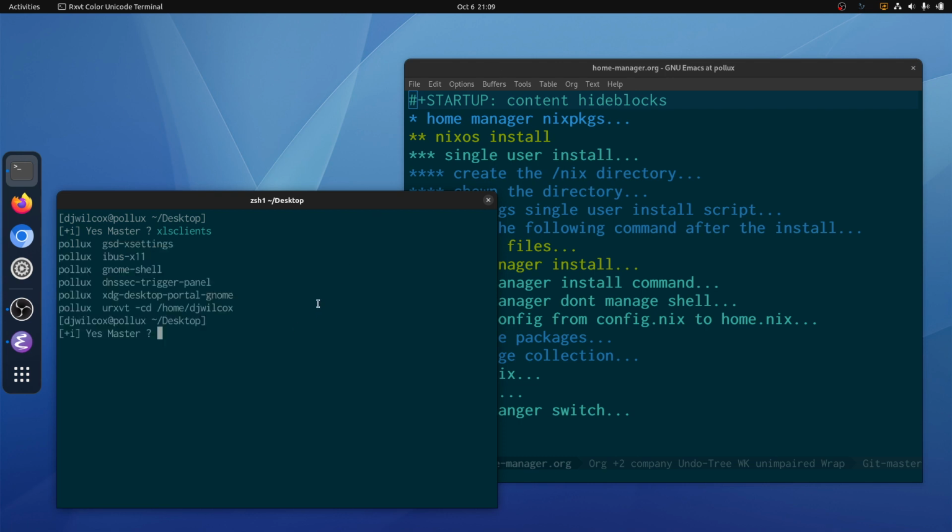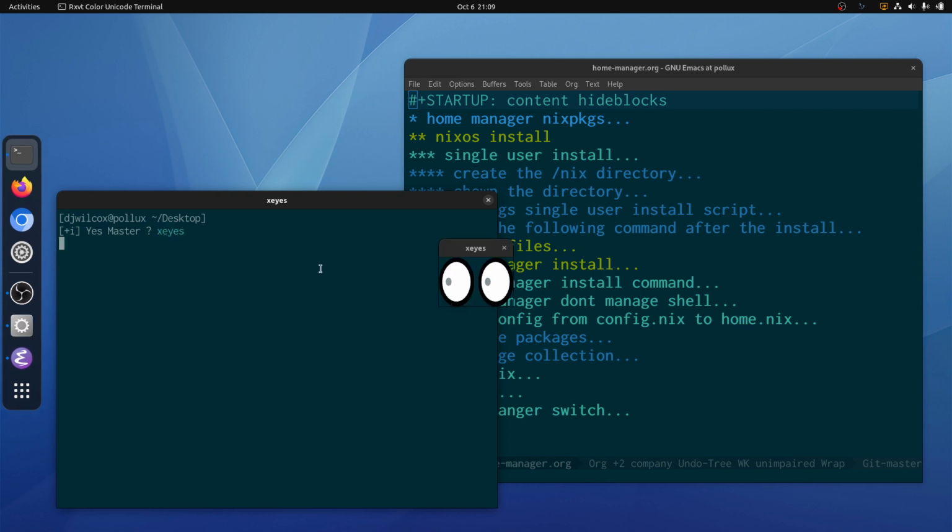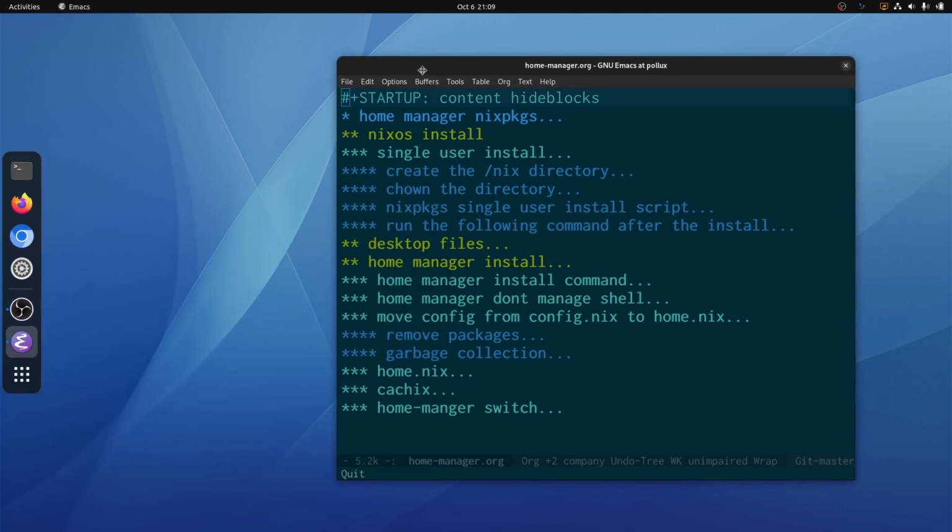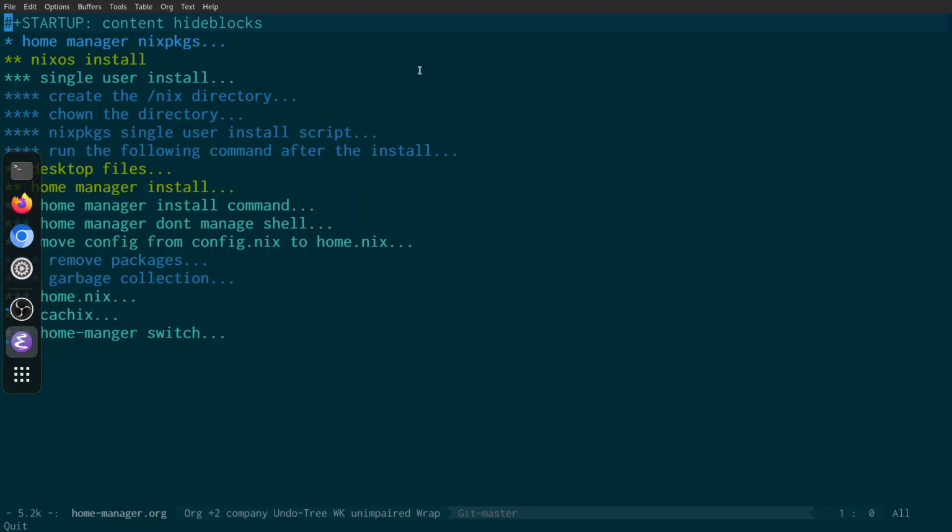So what I'm going to do next is run xeyes, and what this will do is, when I move my cursor over an application that's running under XWayland, you can see the eyes are moving as I move them over the terminal, which is urxvt running under XWayland. If I move the mouse over Emacs, you'll see that it's not moving. So what that's doing is showing that Emacs is running as a native